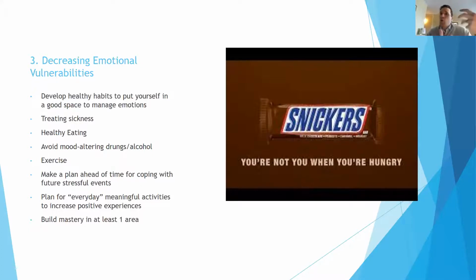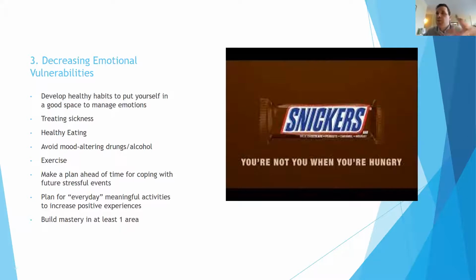And this speaks to where we're emotionally vulnerable, like when we're not in a good space, because I'm vulnerable because I haven't eaten. We can be vulnerable because I'm sick. How good are you at dealing with anything when you're sick, right? How good are you dealing with anything when you haven't gotten any sleep, or you're hungry? These are just things that put you in a bad spot to deal with your emotions. In 12-step programs, they call it HALT: hungry, angry, lonely, tired. And they say, watch out for that.